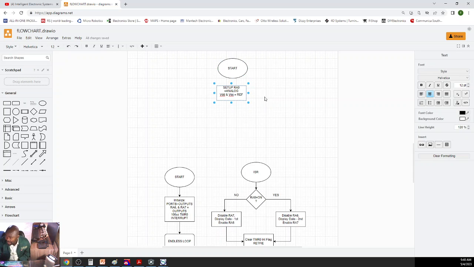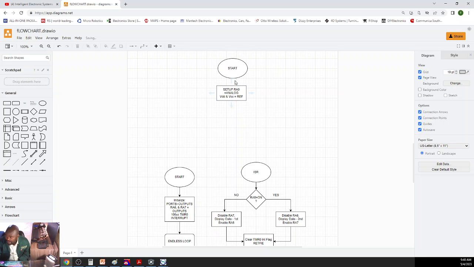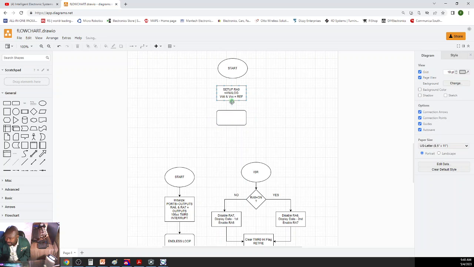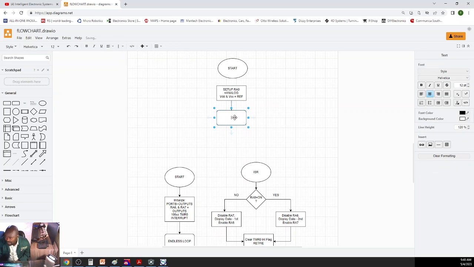After setting up these few things, there might be other things that we may want to do. We then go into the main program where we will perform ADC on our A0. Okay, perform ADC